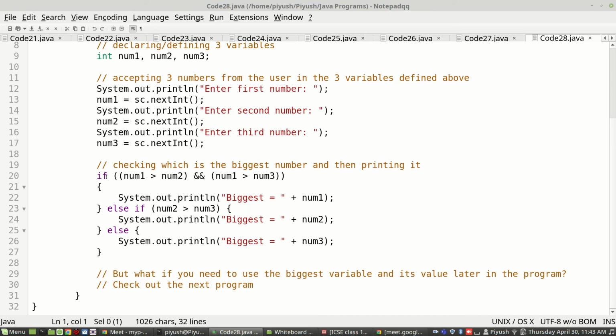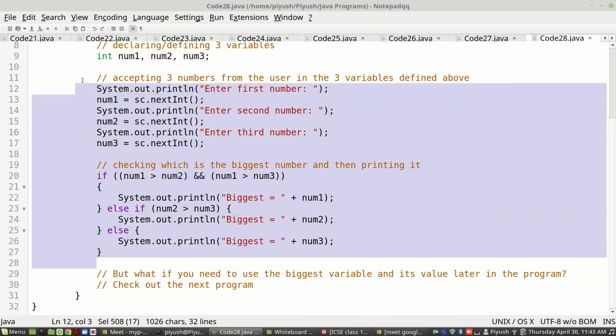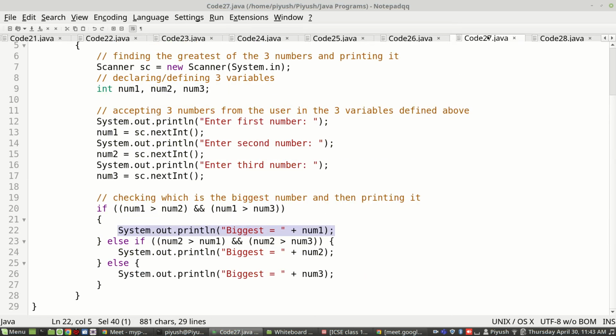If num1 is not the biggest one, then of course either the num2 or the num3 is the biggest. So therefore we are only checking them. So if num2 is greater than num3, then that means num2 is biggest. If the cursor reaches here, that means neither the num1 nor the num2 was biggest, then it is obvious num3 will be biggest. Analyze this program till here and let me know, is this concept clear, that this condition is